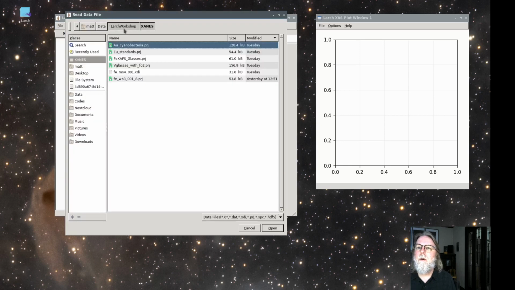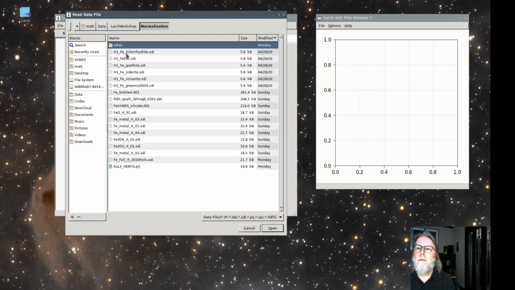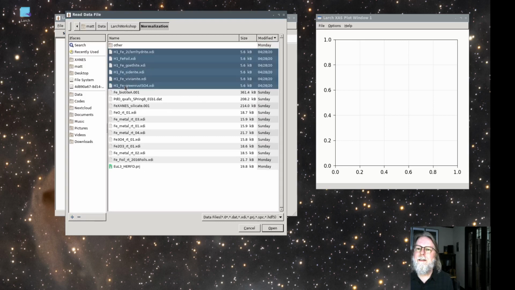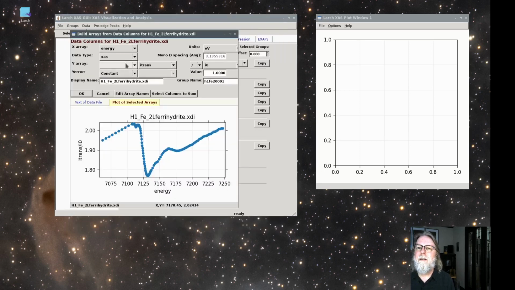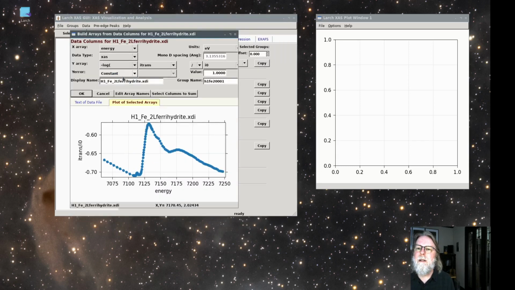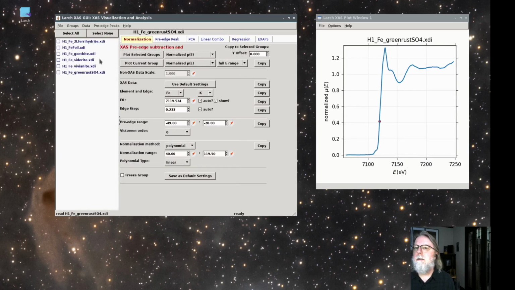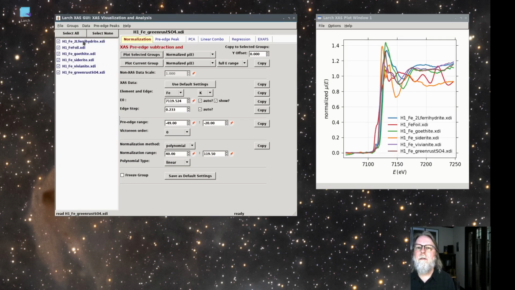So I'm going to open some data files that are real XANES data taken on real samples, and these are meant to be idealized, but they're not perfect data by any means. I think you may have seen these in an earlier video as well. So here we have several spectra. I'm going to just plot them. We have iron in a number of common